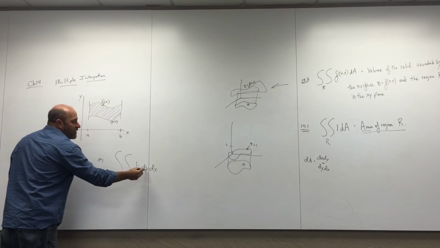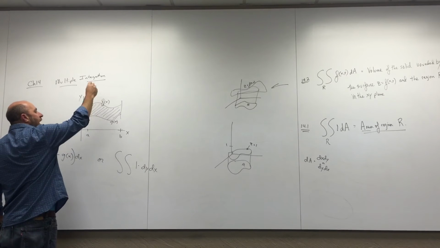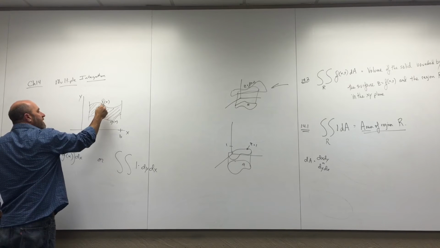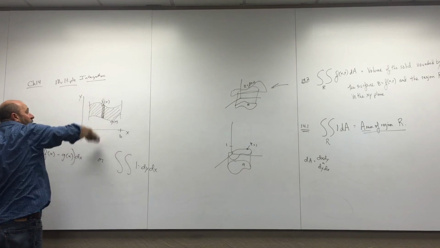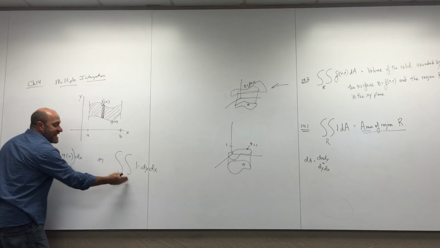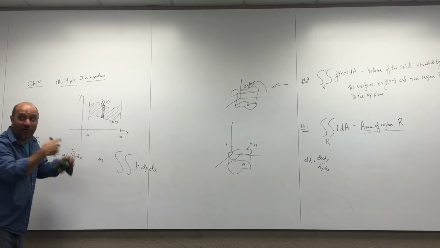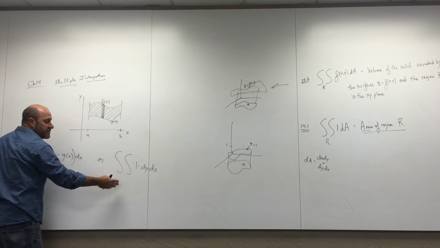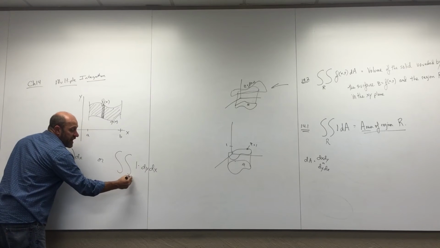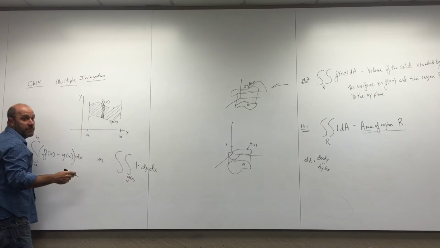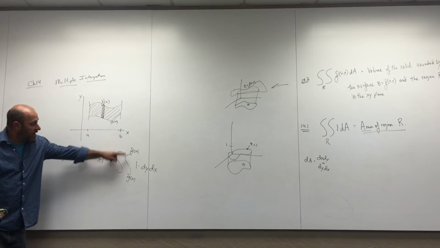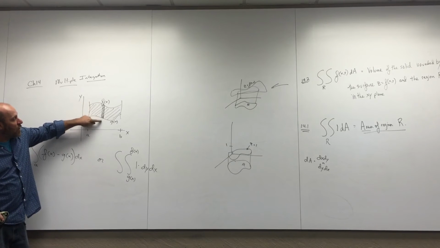So what would be your bounds for y? If I thought about a y stick moving here, I need my lower y and my upper y. Those are my bounds for y. You haven't had practice setting up bounds yet. I did a problem that already had the bounds set up, but this is a skill you need. When you look at this picture, the lower y would be g of x, and the upper y would be f of x. We get that rectangle with a lower y and an upper y,